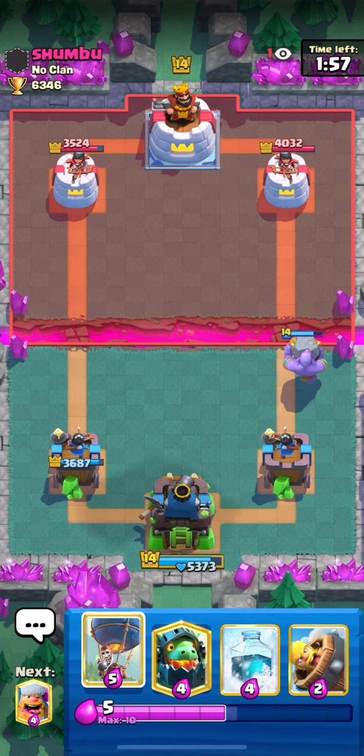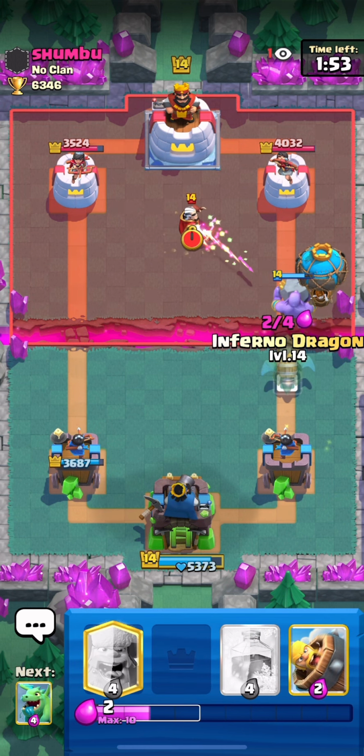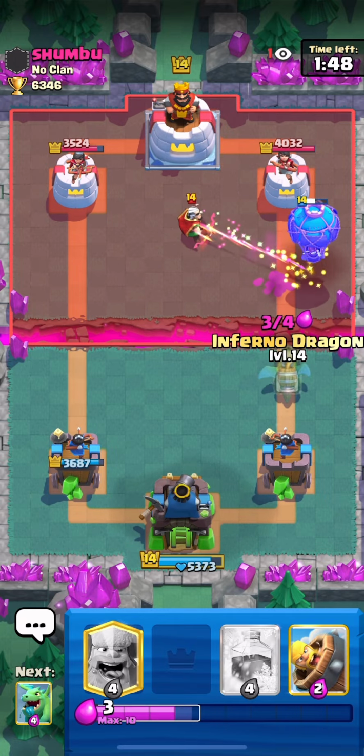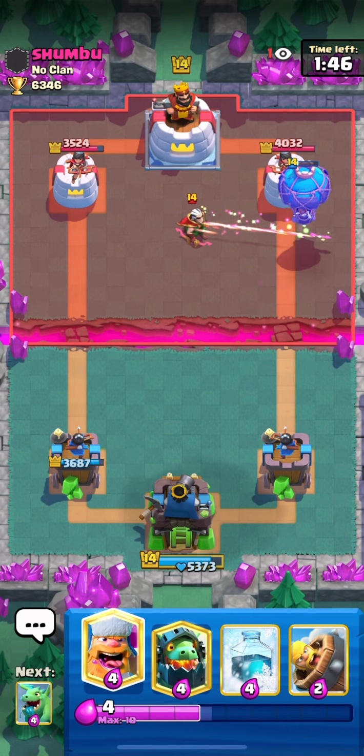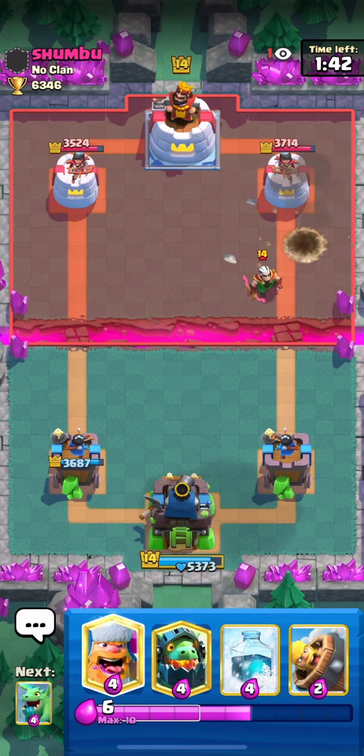Obviously, bridge spam is very, very difficult to stop in single elixir here, so I'll go with the Balloon here because I wanted to see if he had Poison or he had Fireball. So in this case, he does have Fireball. Most Pekka bridge spam players do have Fireball these days. Not too many have Poison, so right here, we're just waiting for this Magic Archer to cross, and then we